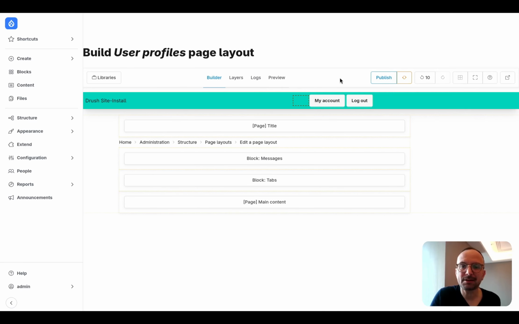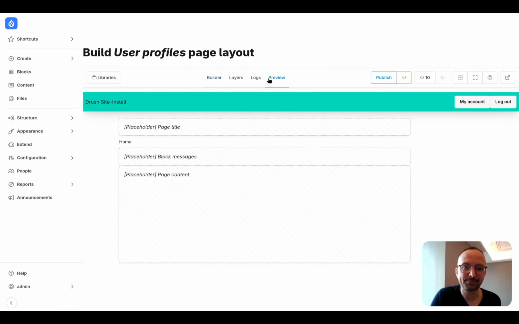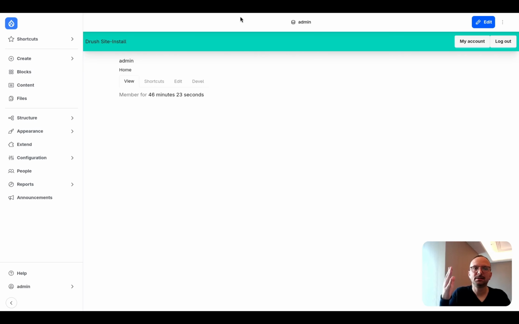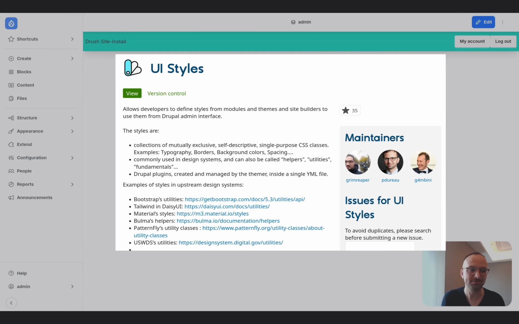So you see, live preview, it looks nice. Now I can publish again. I can go to my user page and see there is a color, a shadow, and a margin. This is so cool! And you don't have to wait the next version of Drupal core to use it. It's available now in Display Builder thanks to the UI Styles module.